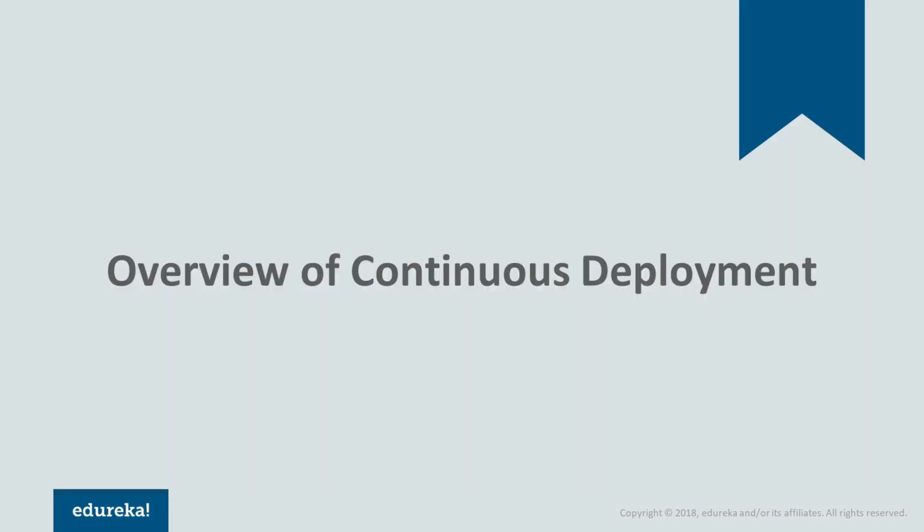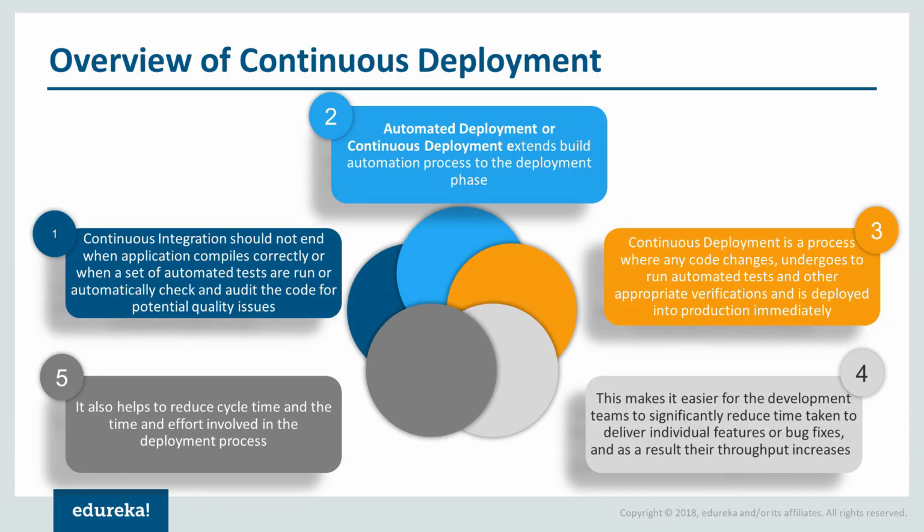So the first section would be to understand the overview of continuous deployment. So what exactly is continuous deployment all about? Continuous integration should not end when the application compiles correctly, or when a set of automated tests are run, or automatically check and audit the code for potential quality issues. So what it means is that when you have done the continuous integration pipeline, we have seen that there are only two possible ways. The first one is whether it is a success, or it can be a failure. Now, if it is a failure, of course, it will go back to the stakeholders, typically the developers, who